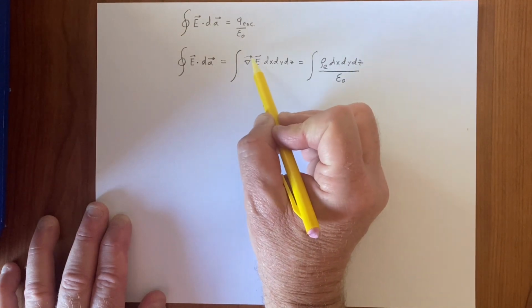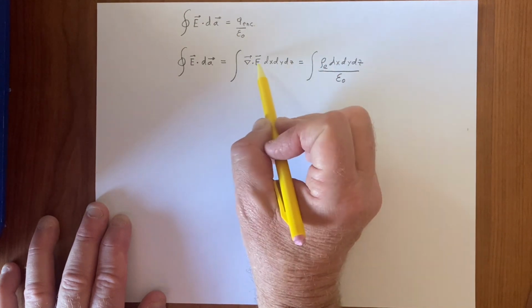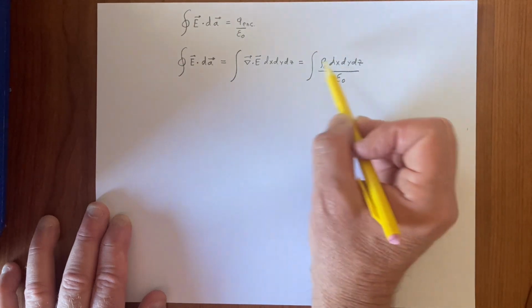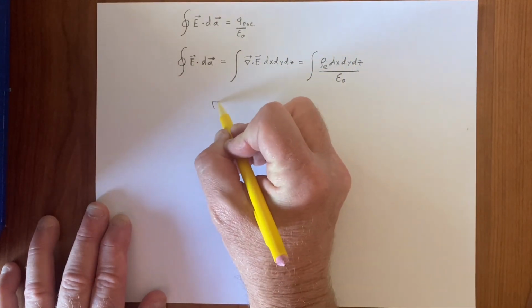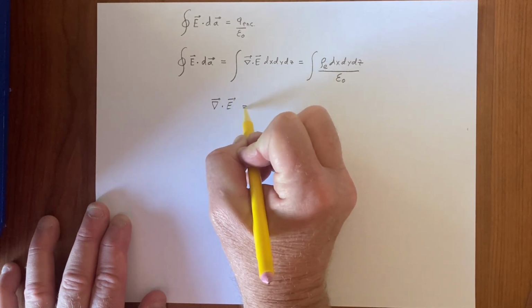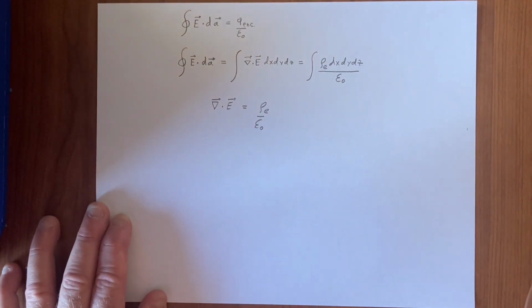We notice that the integrands are the same, right? So we're integrating over the same object, dx, dy, dz, the same volume, and so it must be true that the divergence of the electric field is equal to rho, the charge density, rho e over epsilon naught. And